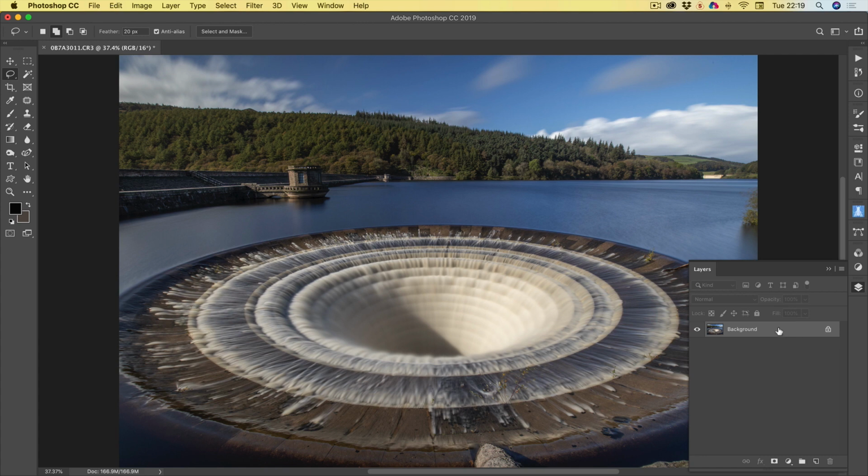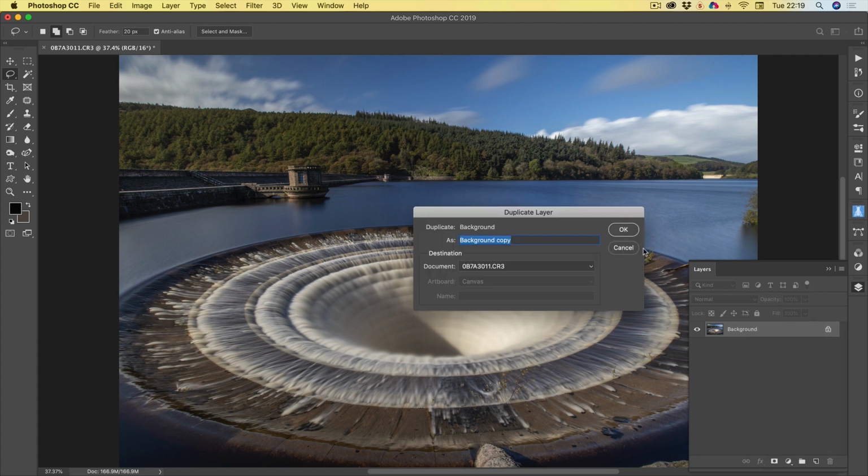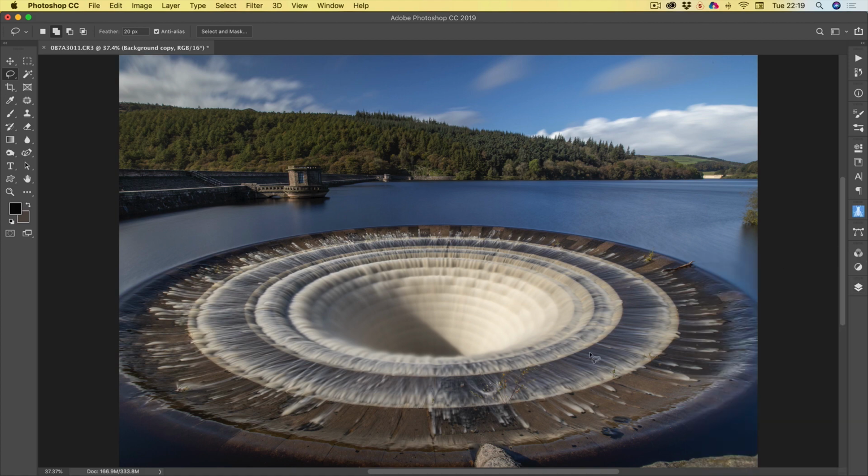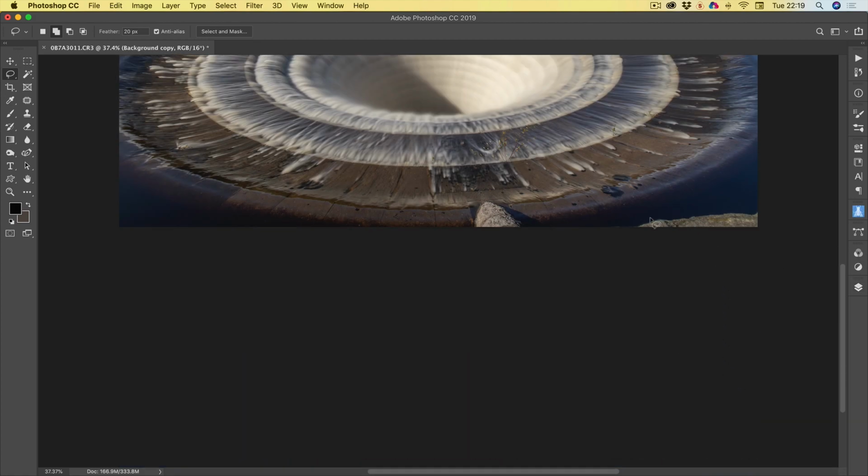Now what I'm going to do is duplicate this background again. So right click, duplicate the layer. It's always a good idea just to protect it. And when I've duplicated it, I'll just hide this for a moment. I want to get rid of this bit of rock there. So an easy way of doing this